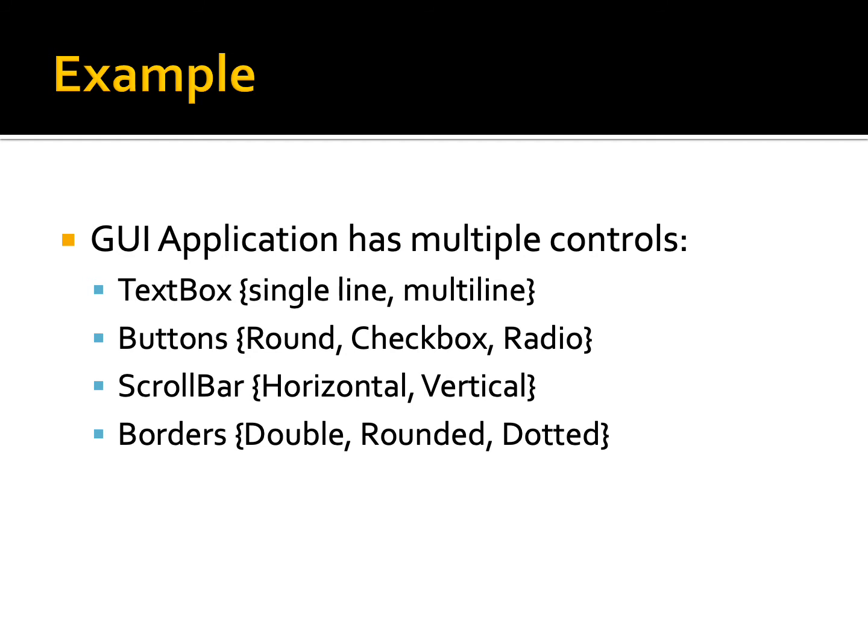the abstract factory design pattern. We need to create, as here there are four different kinds of products, four different kinds of objects, a separate individual factory for each kind of product. Let's say in this scenario we have to create four factories. The first will be the text box factory, the second the button factory, the third the scroll bar factory, and the fourth the border factory. And above all these factories there will be a super factory or the abstract factory.